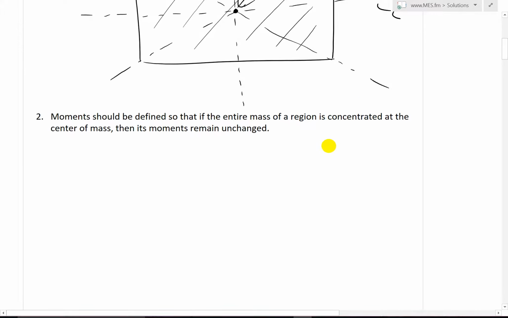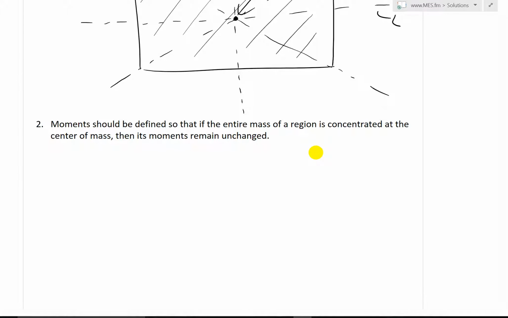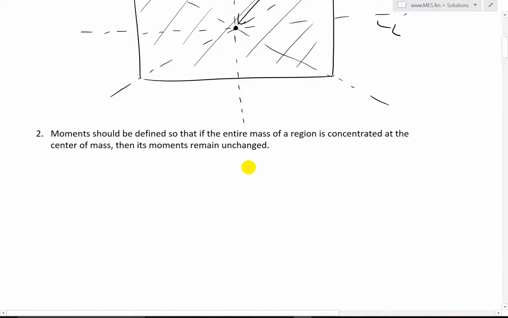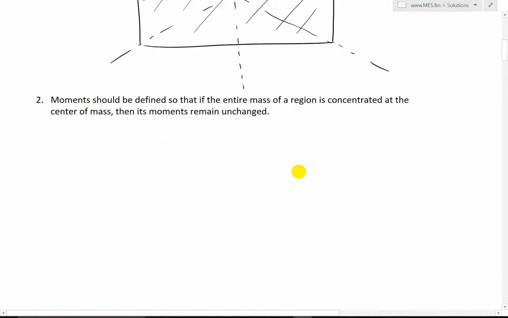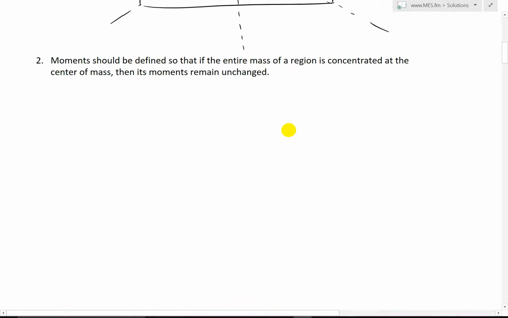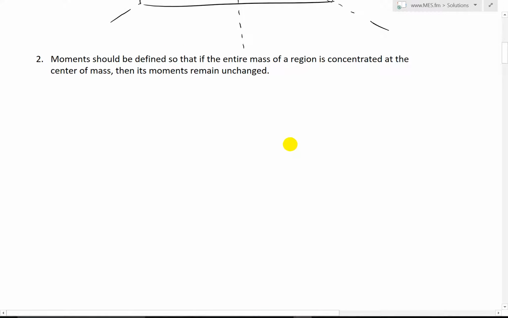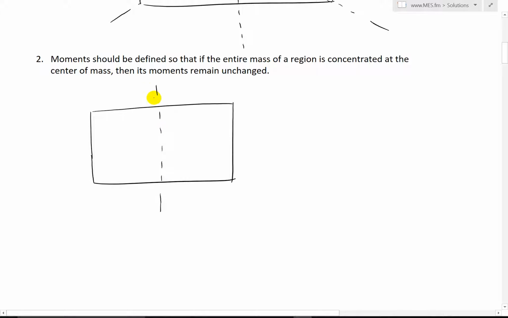Now the second principle we're going to use is that moments should be defined so that if the entire mass of a region is concentrated at the center of mass, then its moments remain unchanged. Again, recall from our last videos, I discussed what moments were and also illustrated a bit that when we have, let's say, a region like this, and we're determining the moments about a line like this, or the tendency to rotate about this, we'll call this M. And if this has weight all across it, so this is the region R,